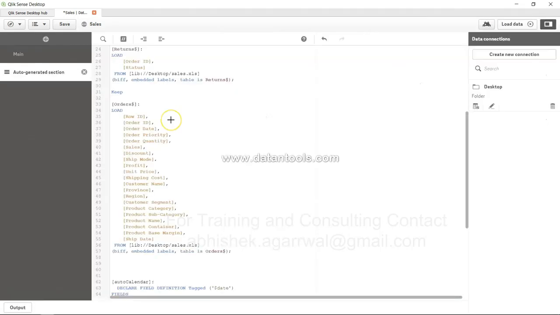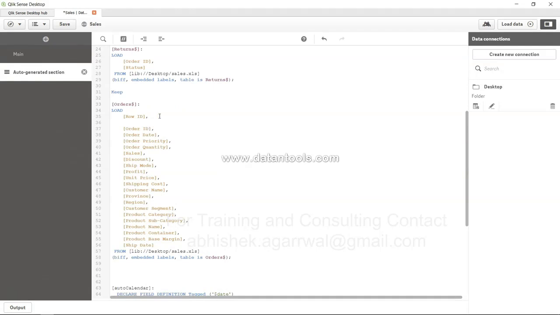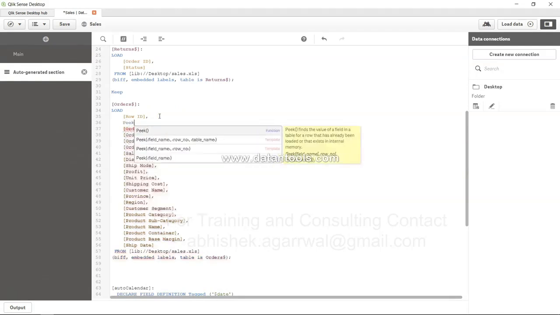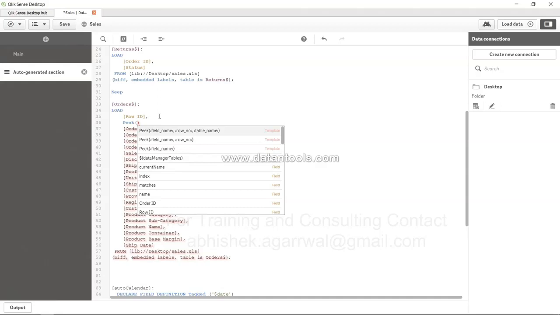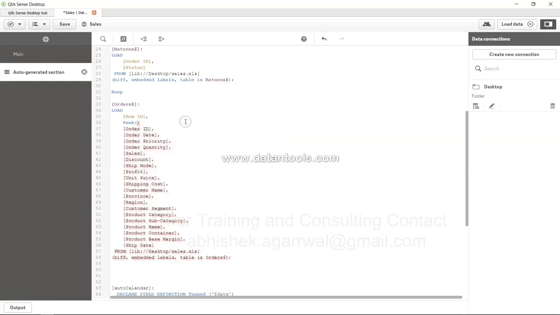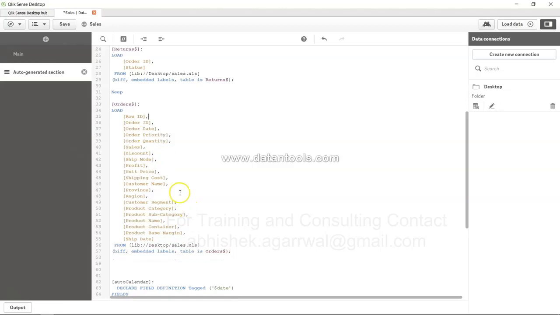Hey guys, welcome back to the next video, and in this video I will show you the peek function. What peek is, it's basically a function. Let me write it, peek, and as you can see it takes the field name, the row number and the table name, for a field or table which is already in memory. So for example, if I wanted to access the row ID, then it's okay. Or let's say if I want to access